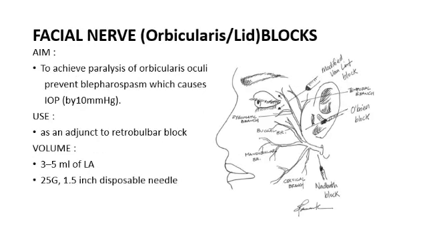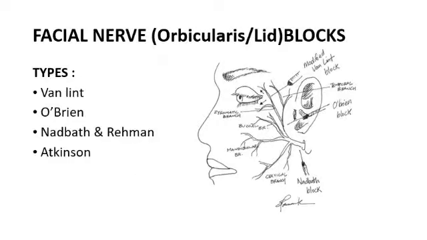The facial nerve blocks are given to achieve paralysis of the orbicularis oculi to prevent blepharospasm, which causes a rise in IOP by 10 mm of mercury, as an adjunct to retrobulbar blocks. Volume given is 3 to 5 ml. A 25 gauge needle is used, 1.5 inch disposable. Coming to the different types of facial blocks, the Van Lint block is given along the